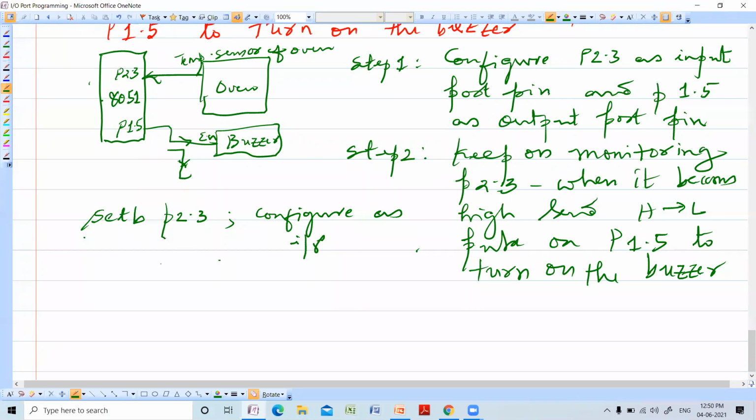Then afterwards, jump not bit P2.3 here. So what is the comment here? Wait till P2.3 is 1.